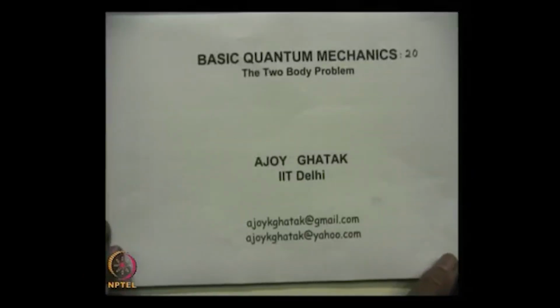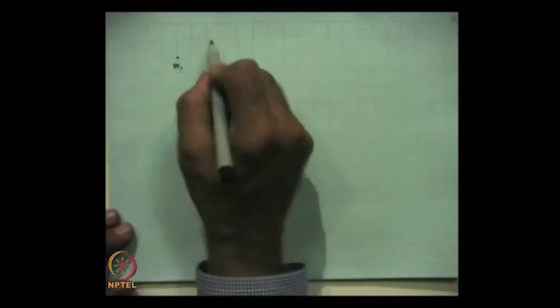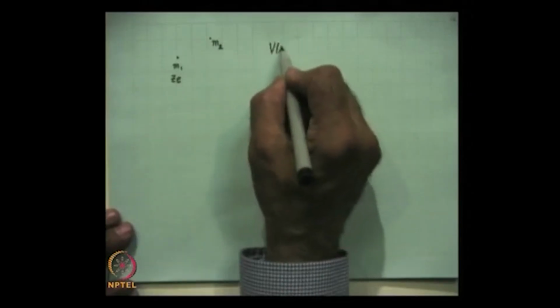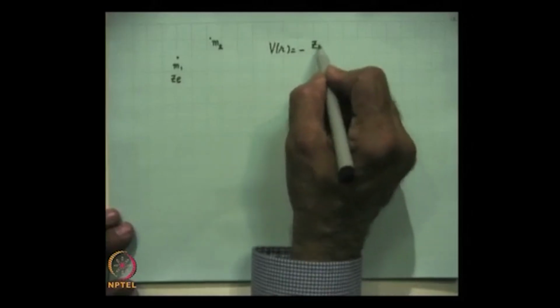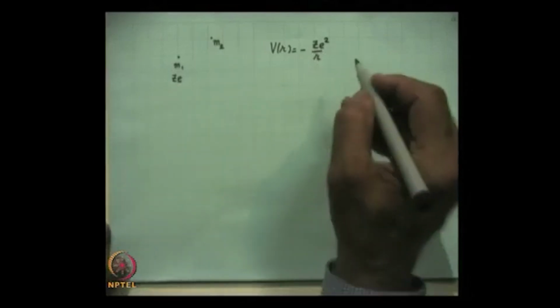In the previous lecture we had solved the hydrogen-like atom problem, which was the simplest example of a two body problem, and we were considering two particles M1 and M2. M2 would represent usually the electron, M1 will have a charge of Ze, and the potential energy function was given by minus Ze square by R,